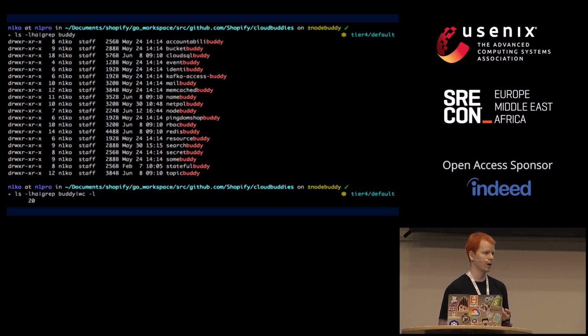So for example, I have a colleague here called Sam, and Sam's team handles our Kafka infrastructure, and they are responsible for Kafka access buddy, stateful buddy, and they've been writing them themselves. Even one of our teams outside of production engineering leverages this same approach, the identity buddy, where they can use the same CRs so that if another project needs an API key to talk to another service, they can use custom resources to ask for that access.